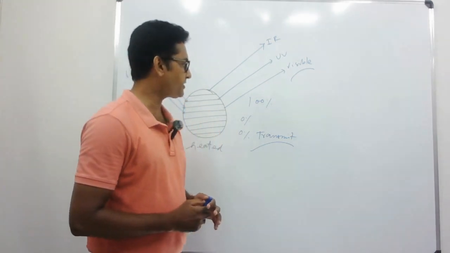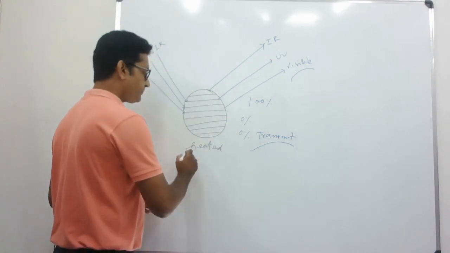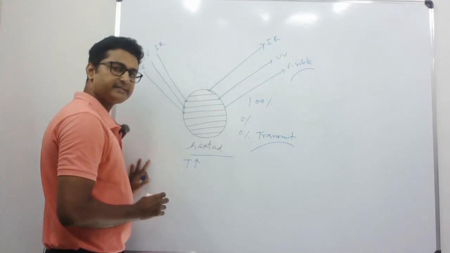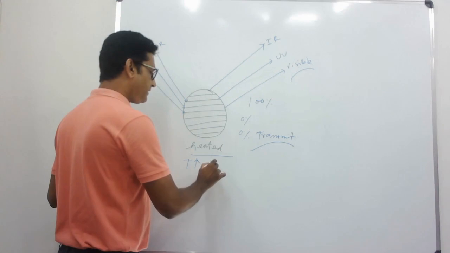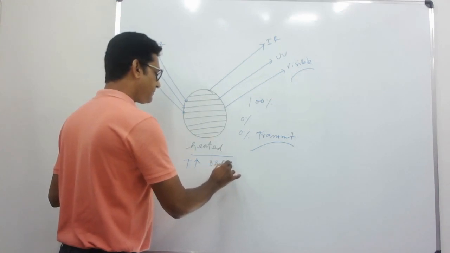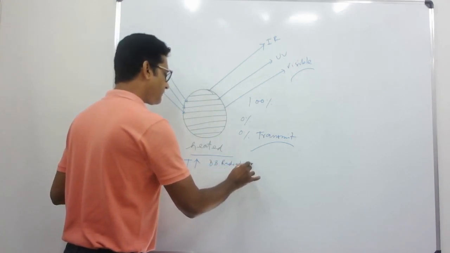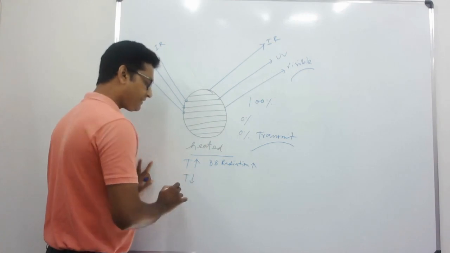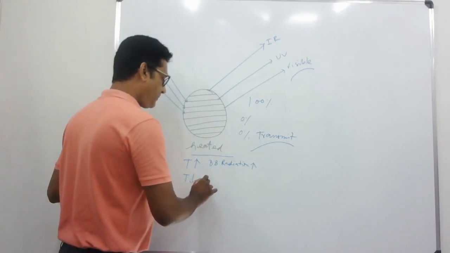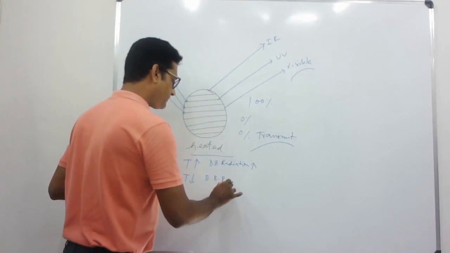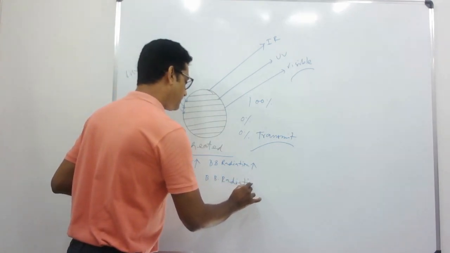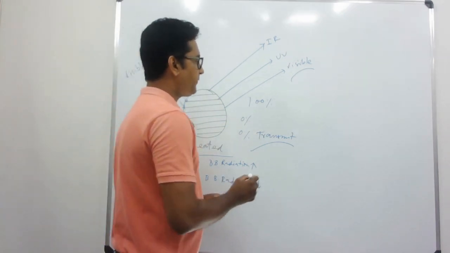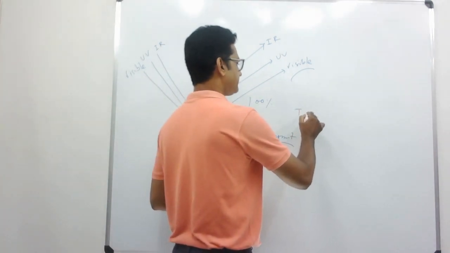That means when the heating temperature of the black body is increased, the intensity of the black body radiation increases. When the temperature decreases, black body radiation would decrease. Right? Suppose when temperature is less,